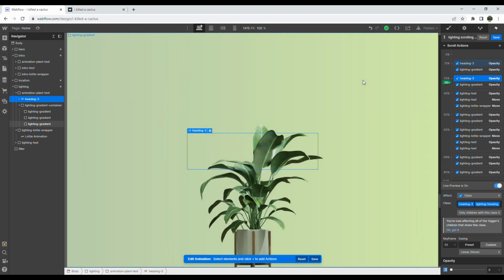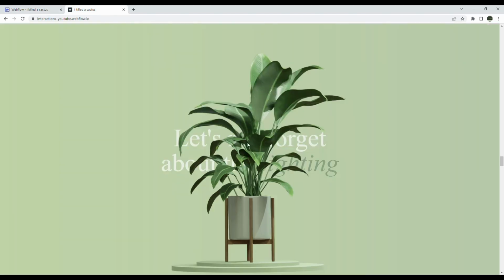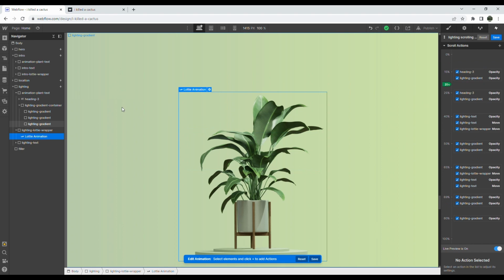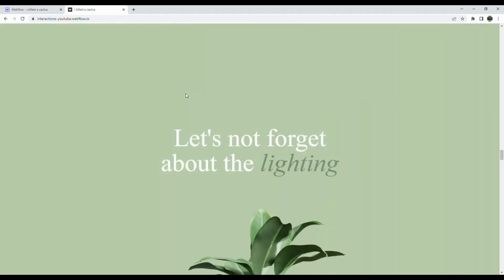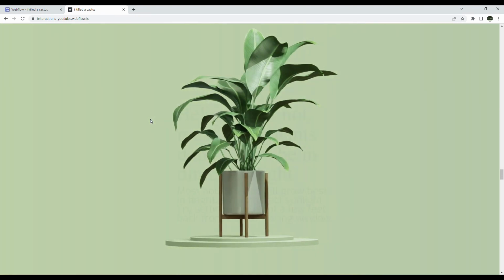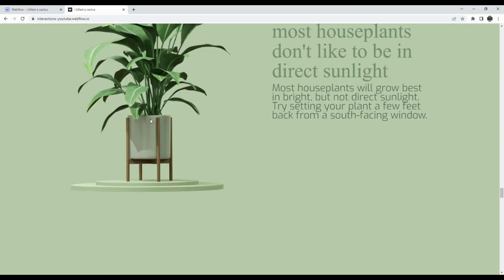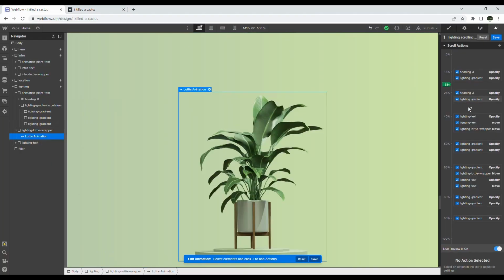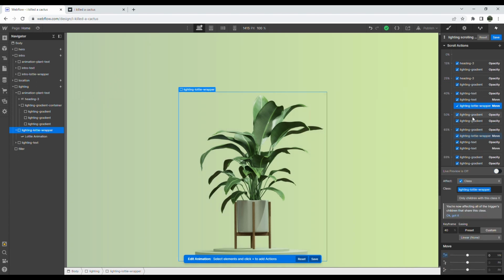I think that's good. One thing that's not happening is that this Lottie is not being animated, so let's see if we can do that. So I'm gonna grab this Lottie animation, and let's see. So it starts animating when this gradient comes in, right? And then it stops. Okay, so that's it. So it just has to,